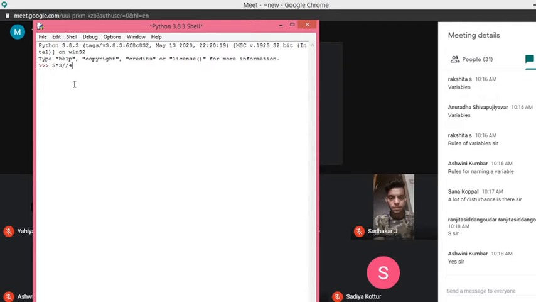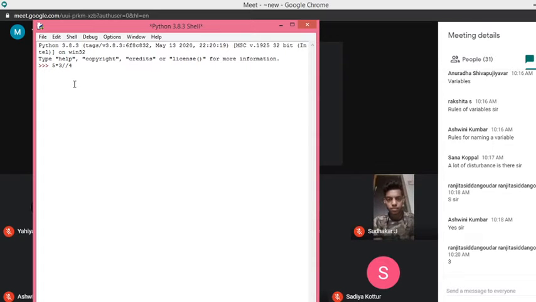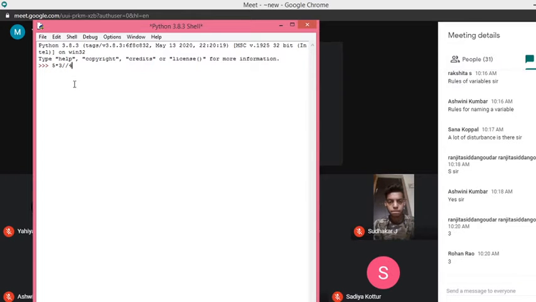What is the output? You can type in the chat box because I am not audible to any of you. One has said 3. Okay. So apply the rules which I discussed, that is the order of evaluation, in my third class.